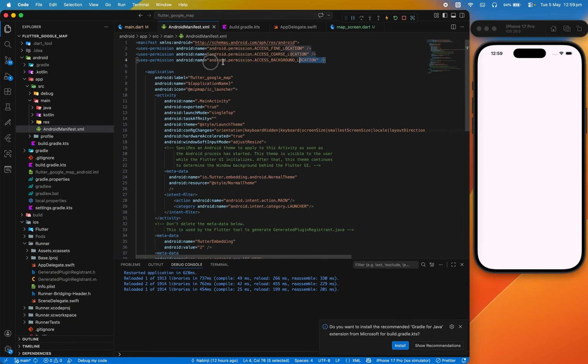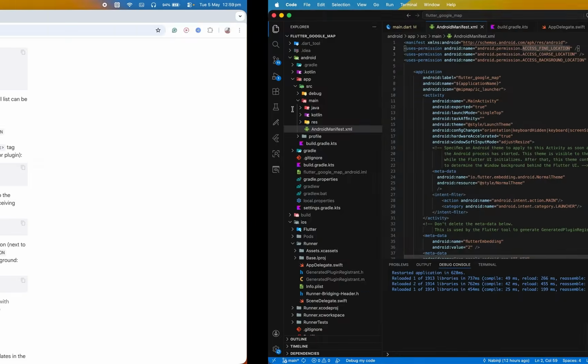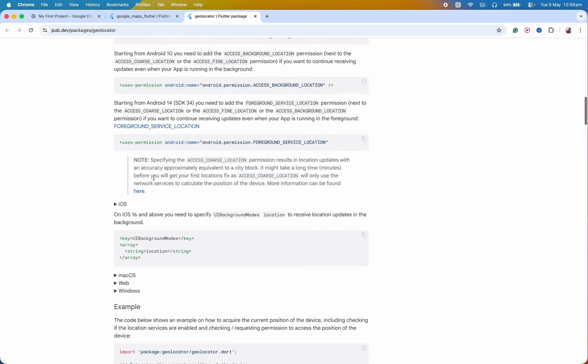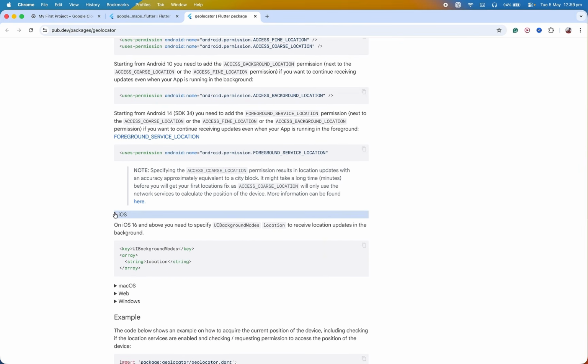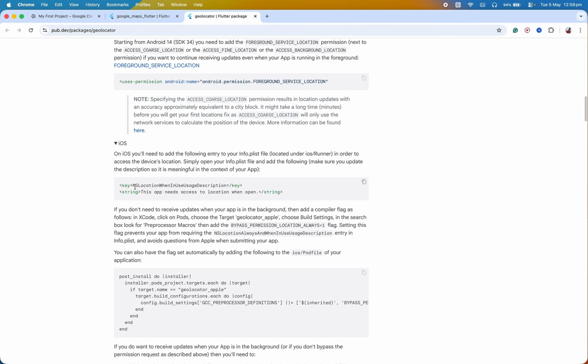Okay, you need to add this permission to use geolocator, which is the access fine location, access background location, and other location. After that, Android setup will be completed. Next, for iOS setup, you need to add this NSLocationWhenInUseUsageDescription key-value